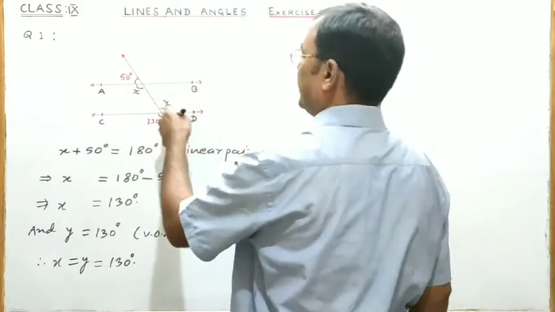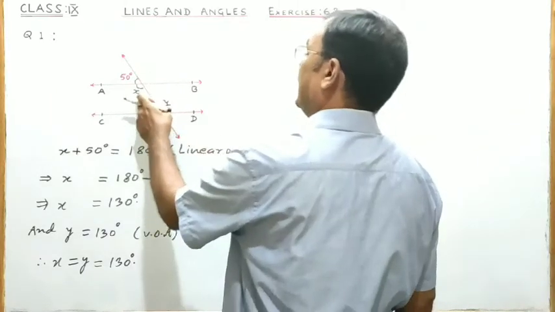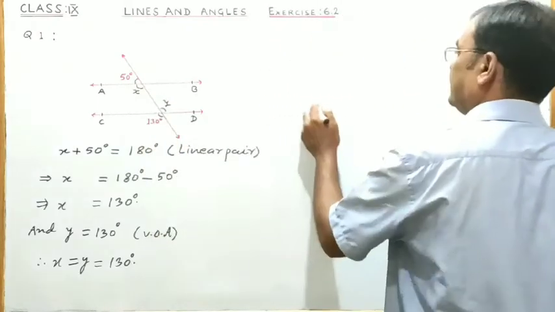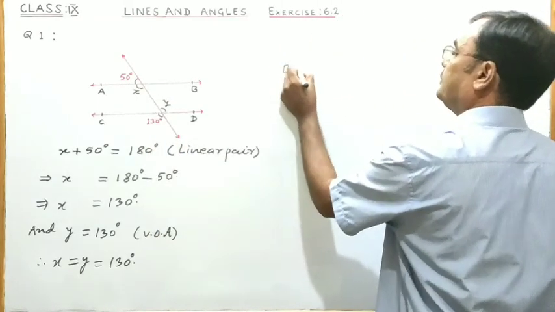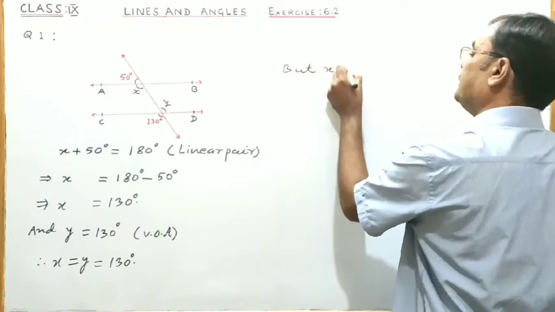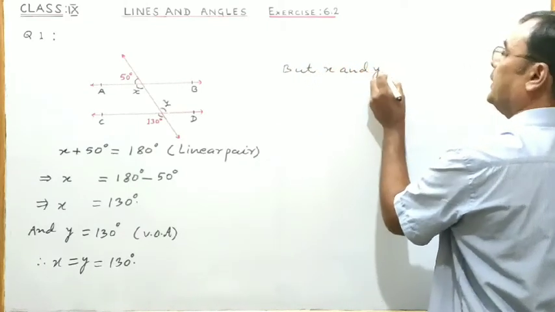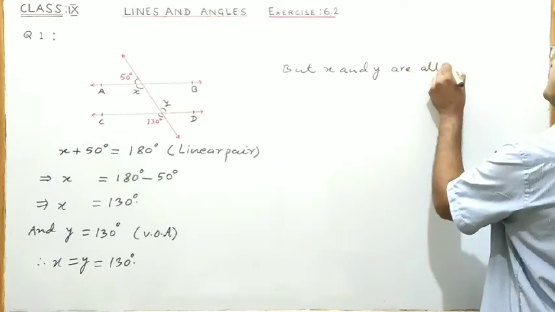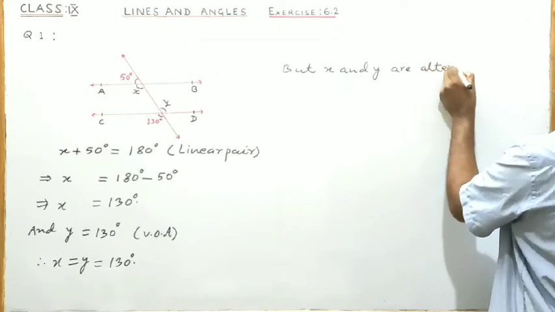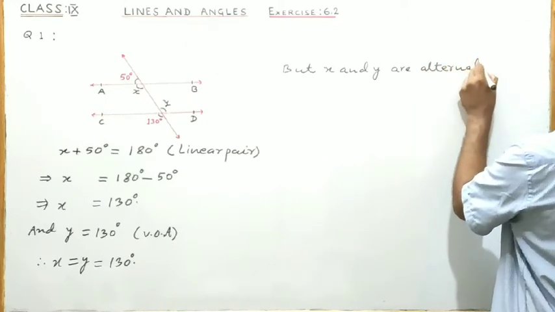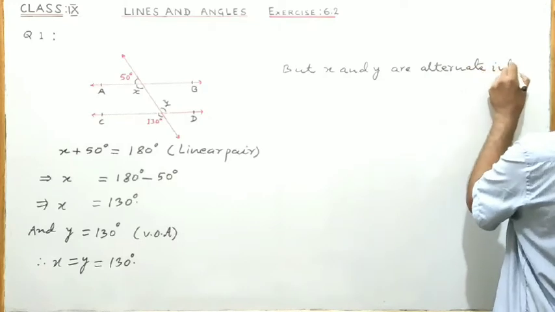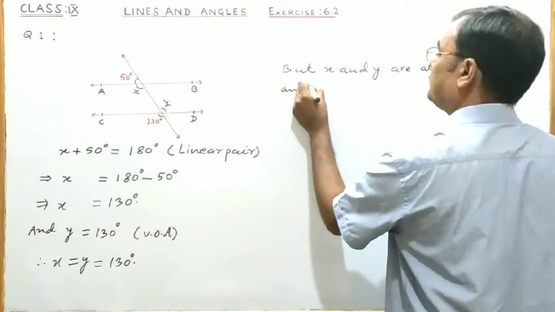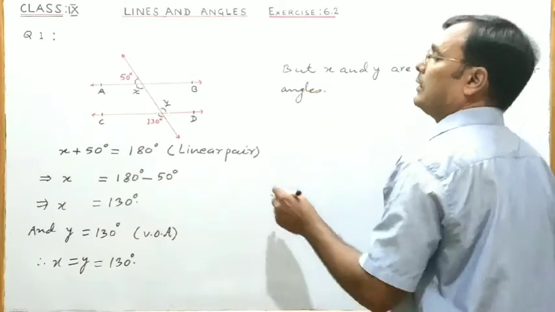But in this given figure, x and y form a pair of alternate interior angles. But x and y are alternate interior angles. So therefore